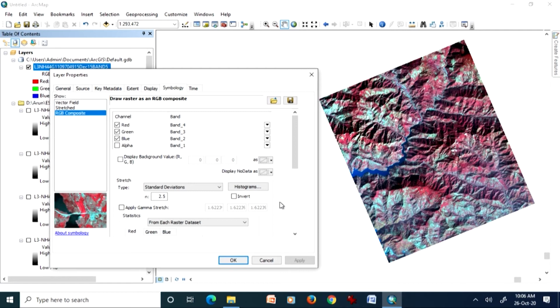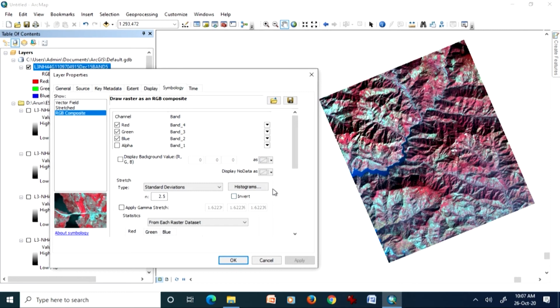Now, if you mosaic two images, then before mosaicing you should not do any enhancement. Once you have mosaicked the images, then for the entire mosaic image you should do enhancement, rather than first doing enhancement on the two parts individually. If you mosaic them later, you may not be able to remove the seam, or the line between two adjacent images. So, you have to be very careful about choosing these things.